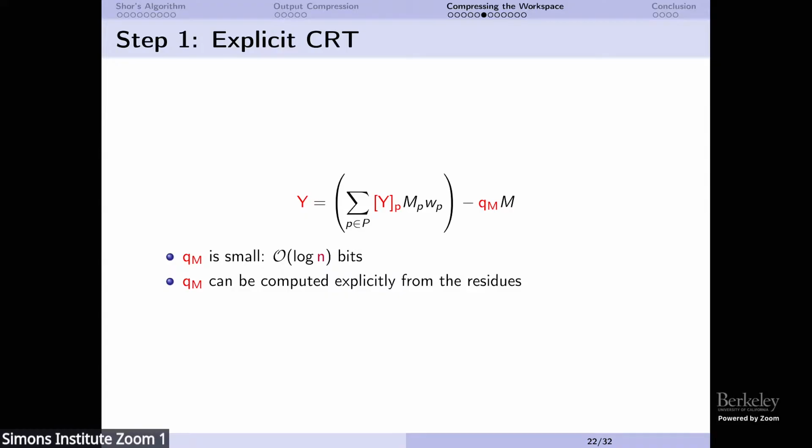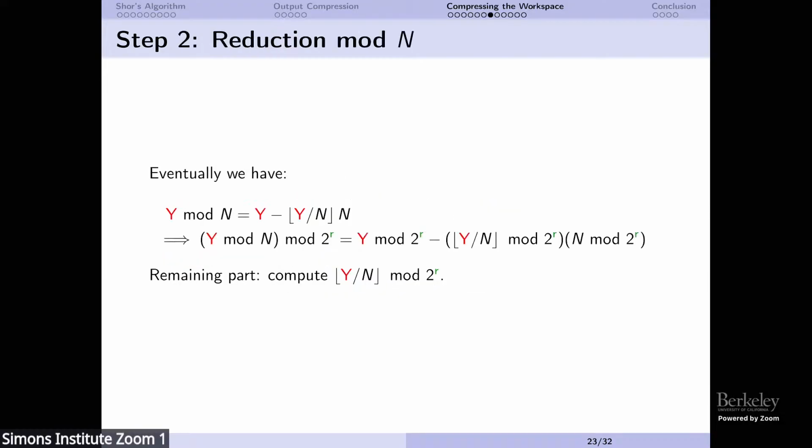So when we compute all the residues, we can basically compute the quotient and then compute the rest of the algorithm at the same time. So we can write this very explicitly. Of course, at this point, the formula is explicit, but we are still not able to write y in memory entirely because y is extremely big. It's n squared bits, so it's extremely big. Eventually, what we want to compute is y mod n and then some bits of it.